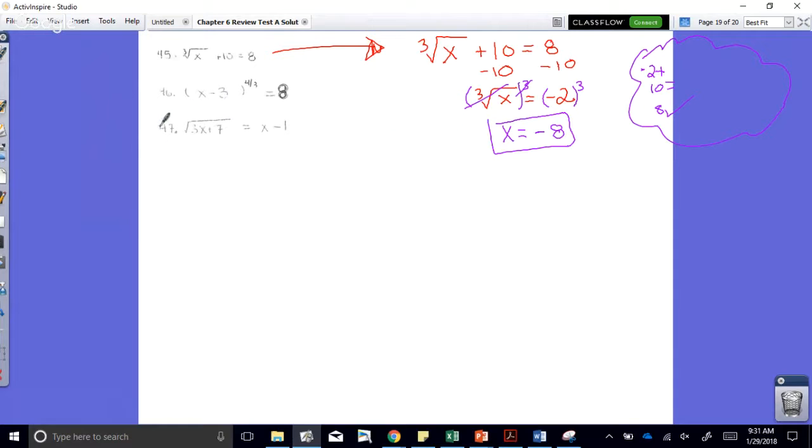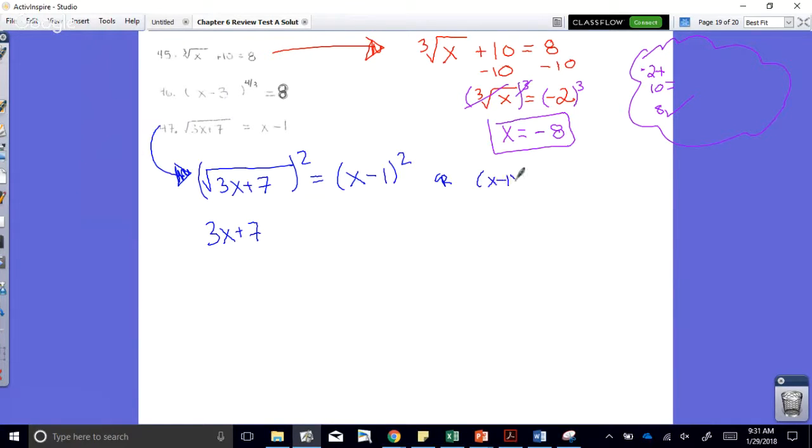Okay, next one, I'm going to do 47 and then I'll do 46 last. Okay, we have the square root of 3x plus 7 equal to x minus 1. Okay, first step, undo the radical because it's already isolated, so I'm going to square both sides, which leaves me with 3x plus 7. And if I do it to one side, I have to do it to the other. We have two options. Either you can use our trick,